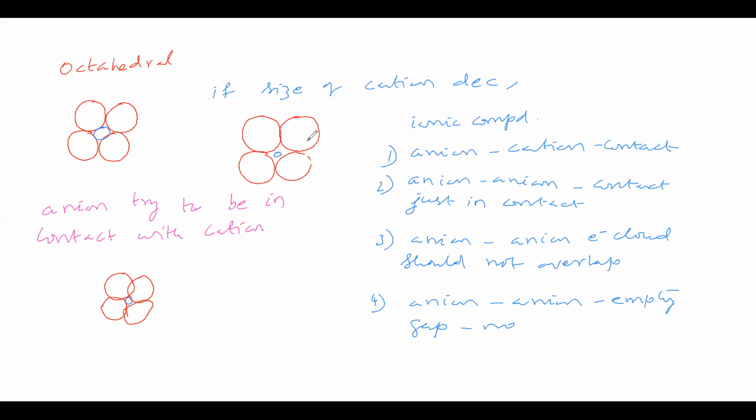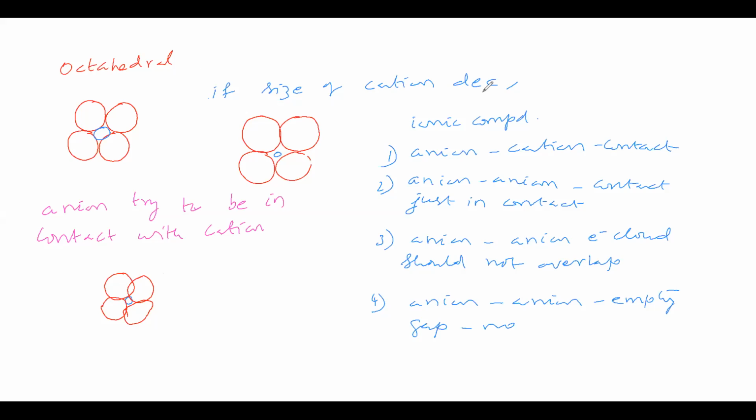anions come much closer in order to be in contact with the cation, while what happens between the electron clouds of anions? Are they going for overlapping or not? Between anion electron clouds, is overlapping possible or not? Between anions, is repulsion possible or is attraction possible? Since anion electron clouds are overlapping, will the system be stabilized or destabilized, do you think?